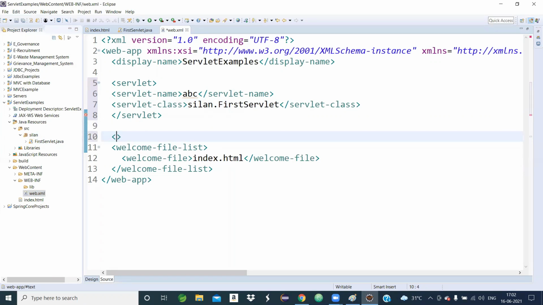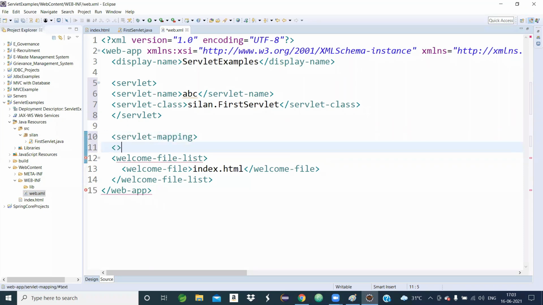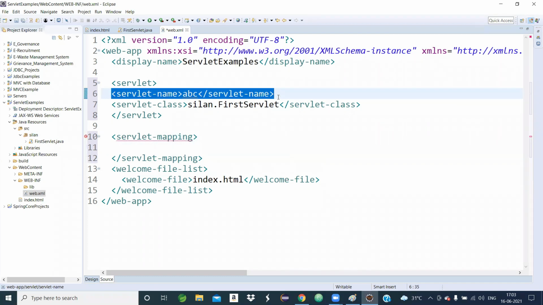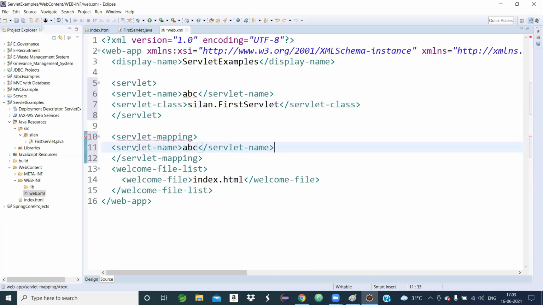Then another step, another tag: servlet mapping. Begin servlet mapping, end servlet mapping. So here we have servlet begin, servlet end, servlet mapping begin, servlet mapping end. The first sub tag is your servlet name, which I directly copied and wrote here.